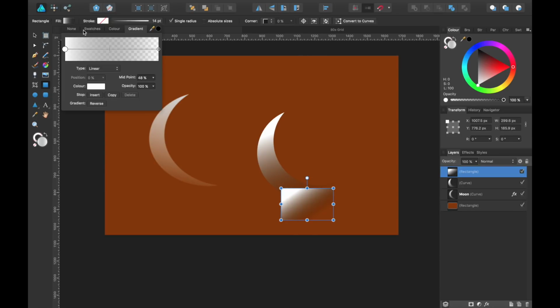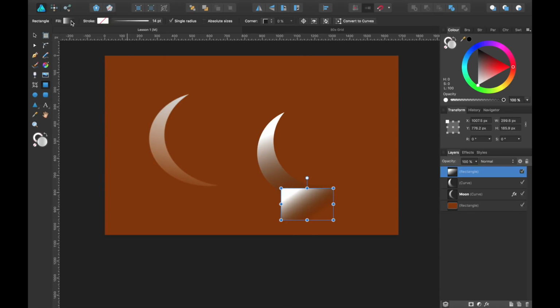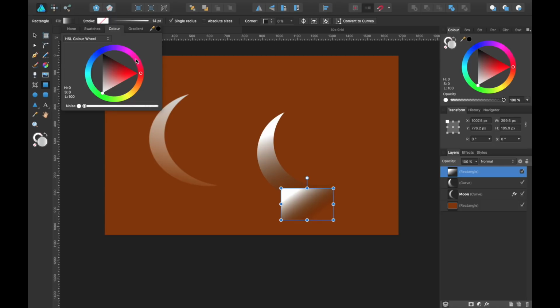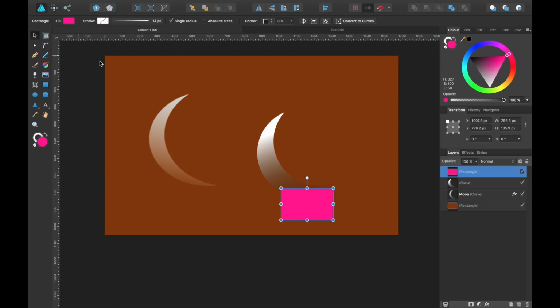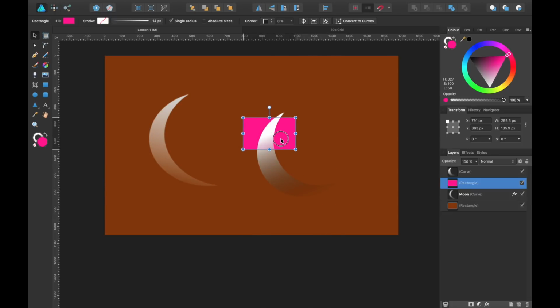So we'll create a quick box here. Just make it pink or whatever. Drag it behind. Now you can see it doesn't go past the white, but you can see through from down below the opacity. Alright, so that is your moon.